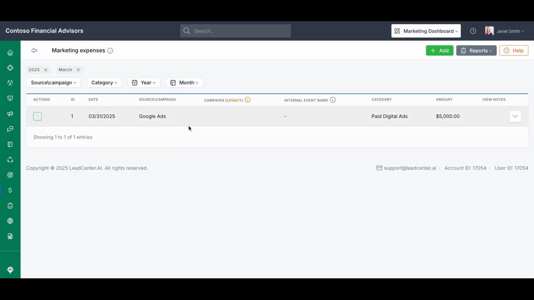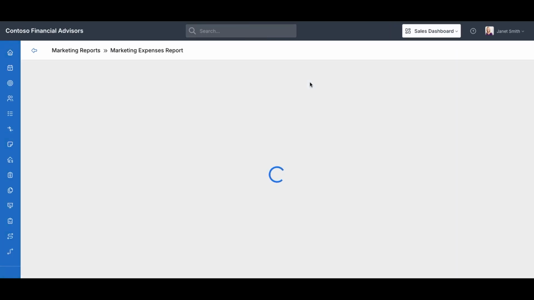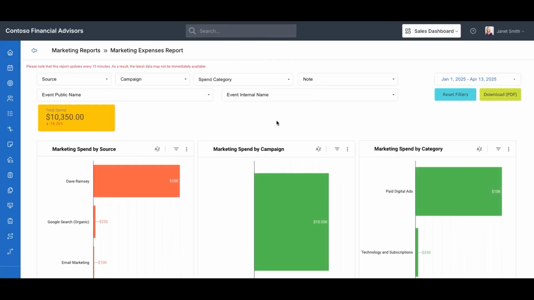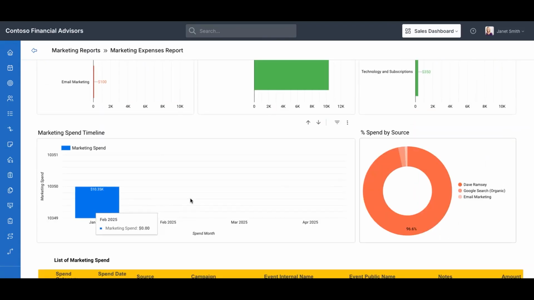Once expenses are tracked, they'll automatically appear in multiple reports across LeadCenter. Starting with the Marketing Expenses report. Click the Reports drop-down at the top of the page, then select Marketing Expenses from the list. This opens the full Marketing Expenses report, where you can view, track, and analyze your spending across campaigns, all in